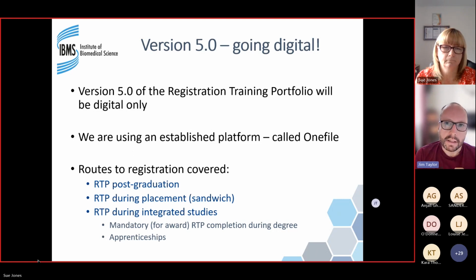The intention is that as we move forward beyond the initial rollout, OneFile will pick up the registration portfolio for all of our routes to registration. So we will be rolling in initially the standard approach to completing the registration training portfolio. So that will be people who do it in the workplace after graduation, and those who are completing it as part of a placement year as they do their degree. So we are at the start of a journey, and we do ask for a little bit of support and patience if there are some bumps in the road, but hopefully we've got a relatively robust structure,